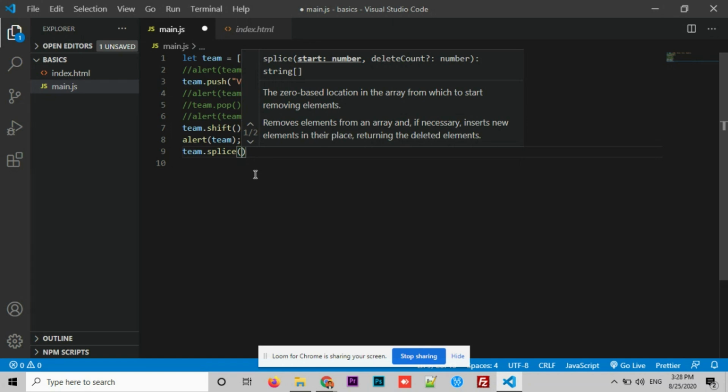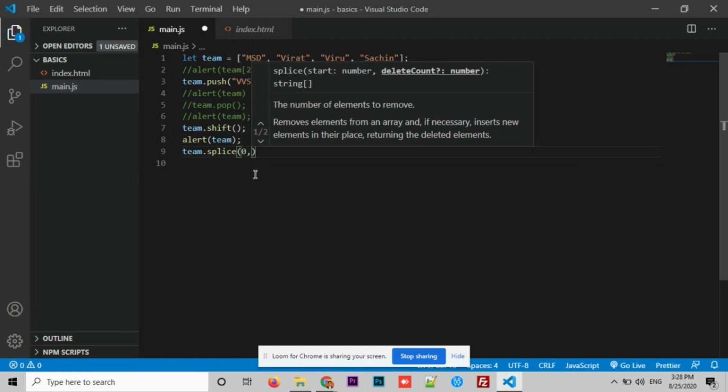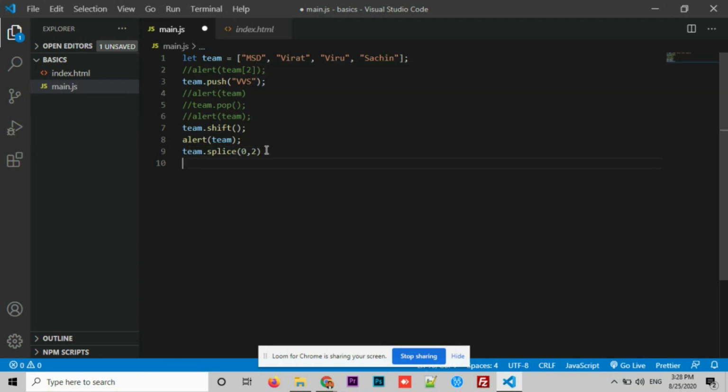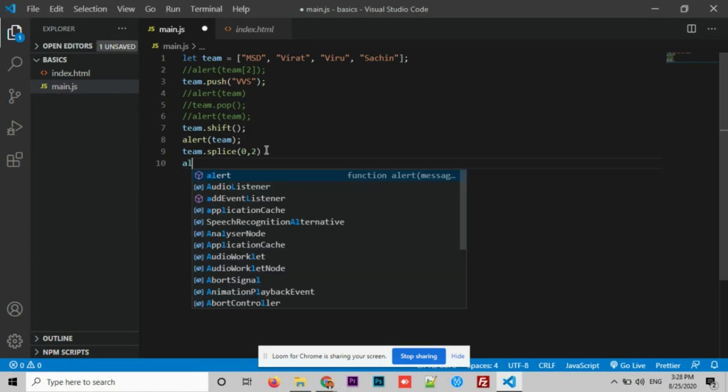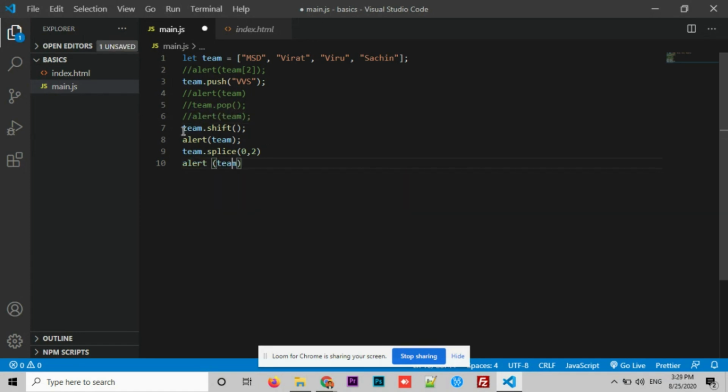Inside the splice, it considers two inputs. First one is the index of the array and the second one is the number of elements which need to be removed. Let's say if I put 2, let's check the output.